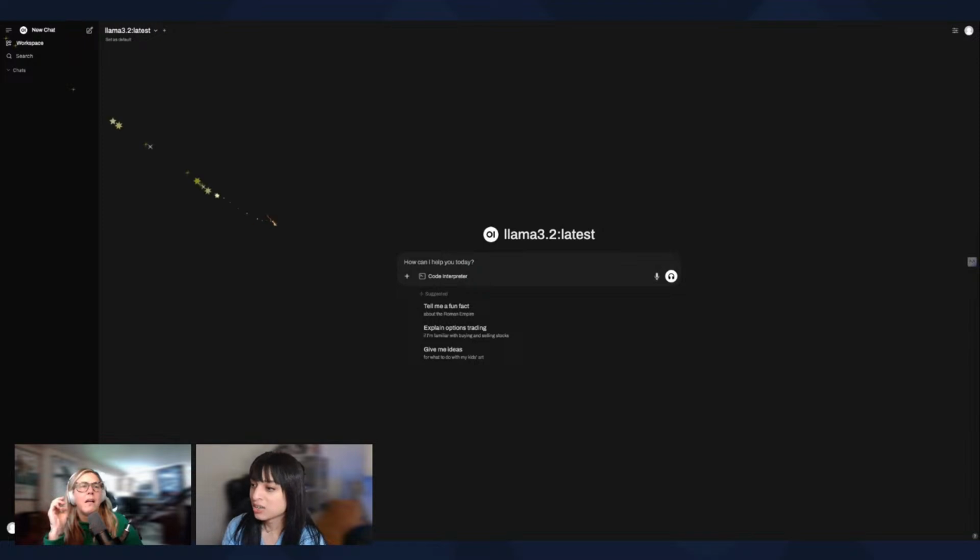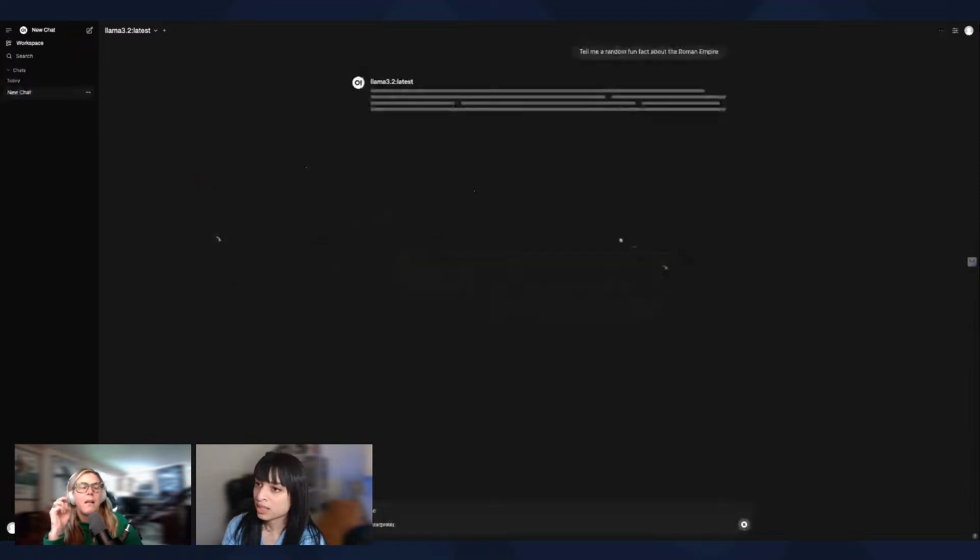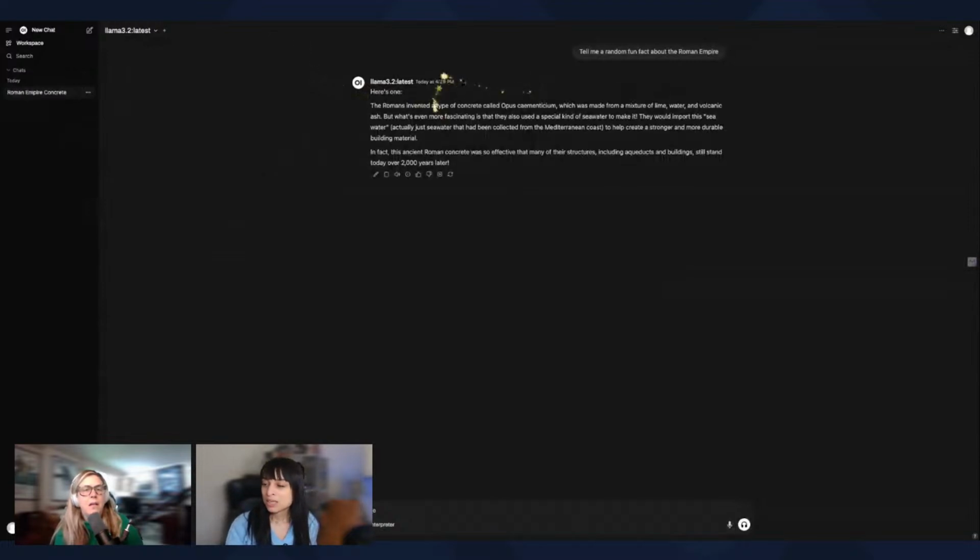So over here, you can do tell me fun facts or whatever maybe, and I have Ollama installed on my laptop. So it's actually able to use Ollama and run on that local model there. So the cool thing about this looks like it's actually very similar to a